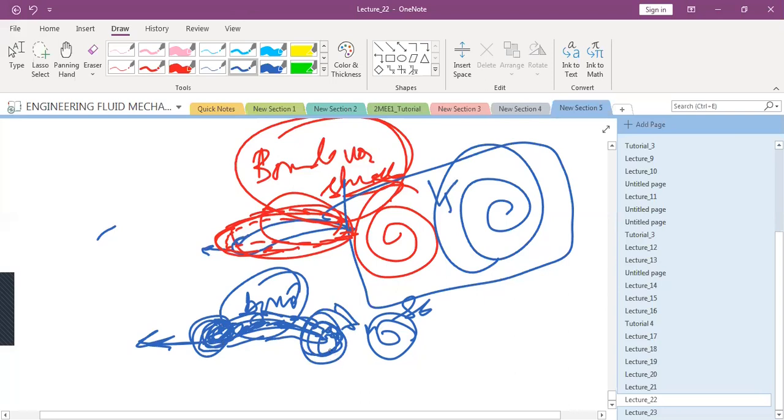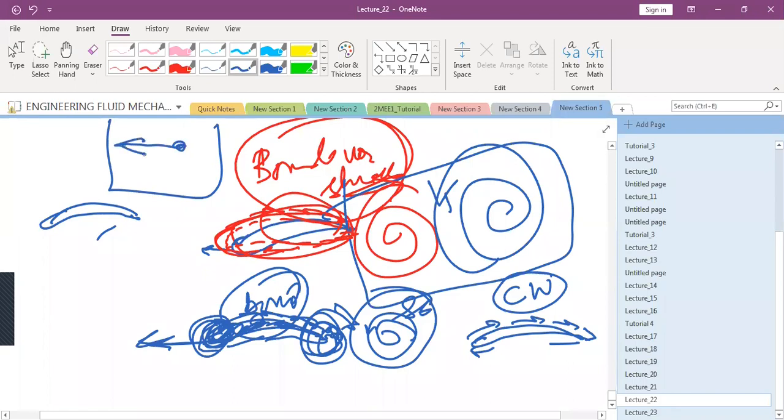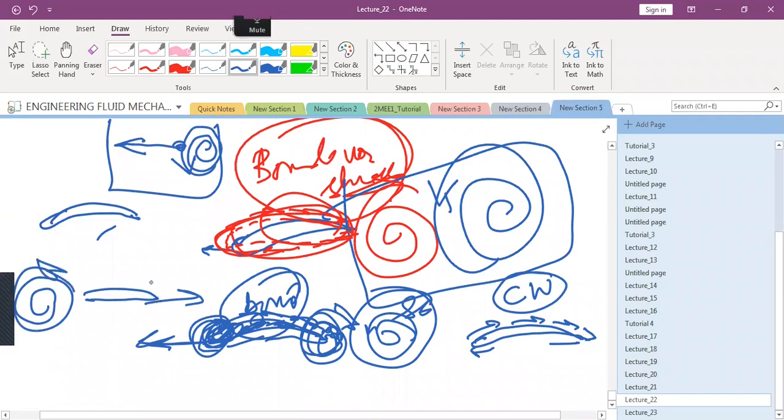One more thing to clarify: how do we find the direction of the shed vortex, that it is rotating anti-clockwise? Now you have this aerofoil; if it is in lift, it means circulation is in this direction. What is the direction of the circulation? Clockwise. What about the shed vortex? If you move an object like this, try it at home: take a tub and move some object inside the tub in one direction, you will see some kind of vortex in this direction, that is anti-clockwise. If you move the aerofoil or the object towards the right, you will see the other way around, that is in clockwise direction. And then the bound vortex is in which direction?